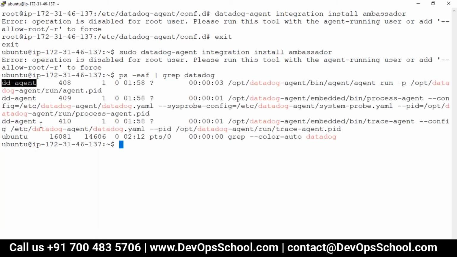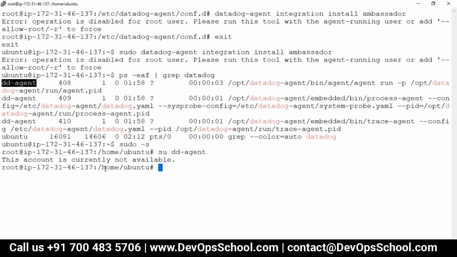Okay, so it's running with the dd-agent. sudo -s. This account is not, so please run this tool as the agent running user. Okay, so let me come back to this.